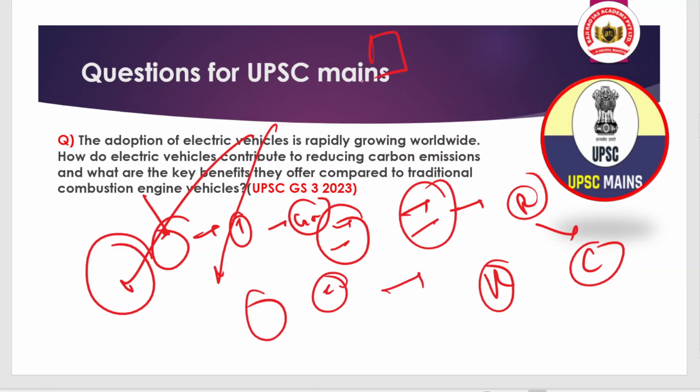you had bought an electric vehicle, okay, and to run your electric vehicle you have to charge it. So charging requires energy, electricity. So you need to understand where the electricity is coming from. If the electricity is coming from renewable sources, then it is good and it will not promote carbon emission. But if the electricity is coming from conventional sources like coal, like diesel, then it means that indirectly you are increasing the electricity production from coal or from fossil fuel.